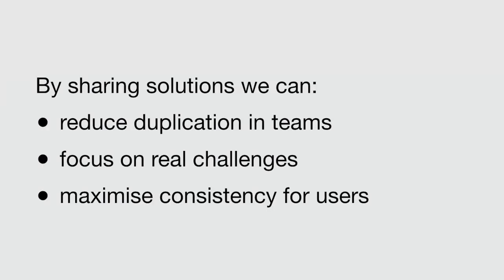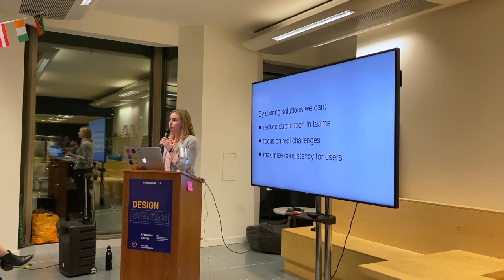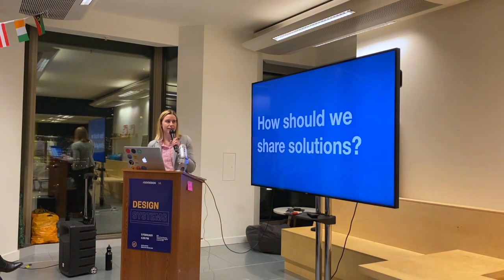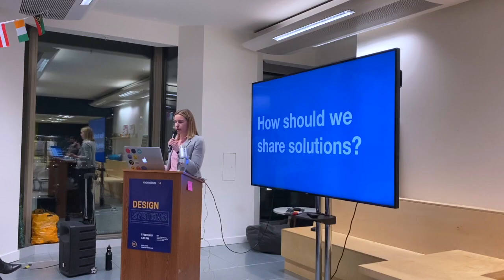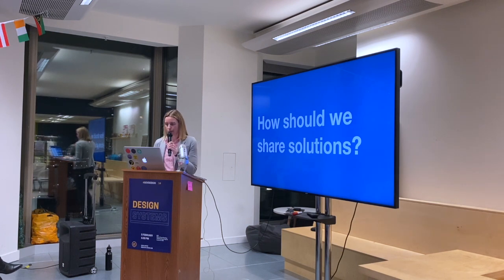It also maximizes consistency for users, because inconsistent experiences can have real, serious effects on the public. If they're going to one government service and then going to another government service, you want them to feel like there is just one government. They don't need to know if one thing they're doing is HMRC and another thing is the Home Office and another thing is Ministry of Justice. They just need to be able to get done what they're trying to do. So, that being said, how do we share solutions across government? We know that we have all of these services and we know that there are a lot of common solutions in those services. So how can we best share those?